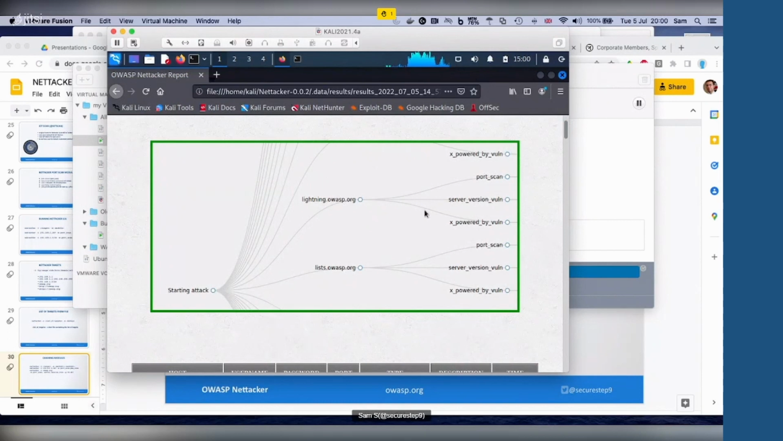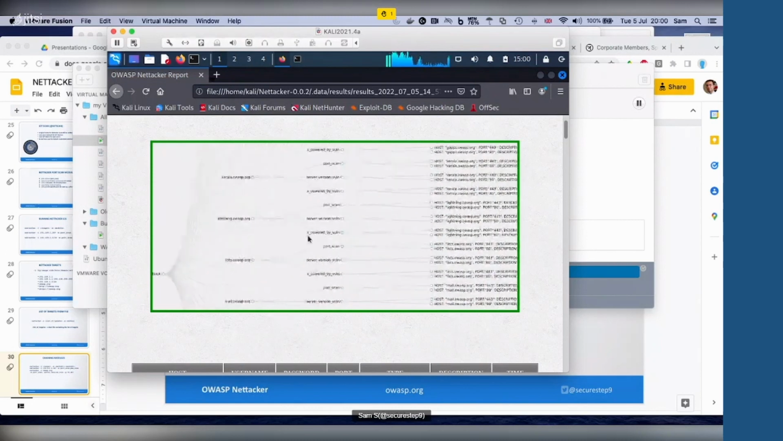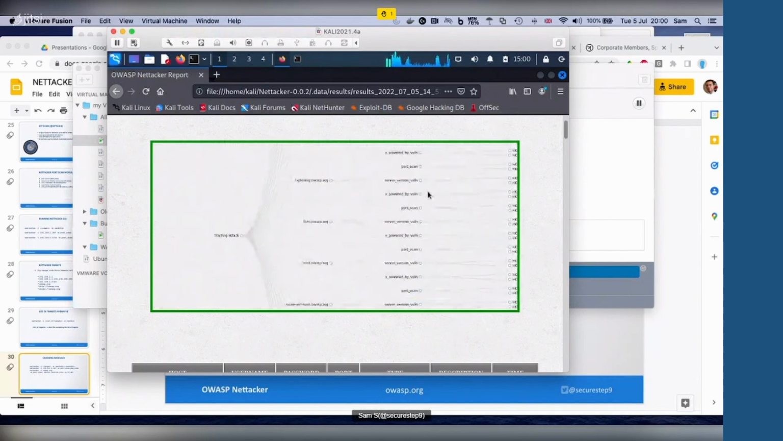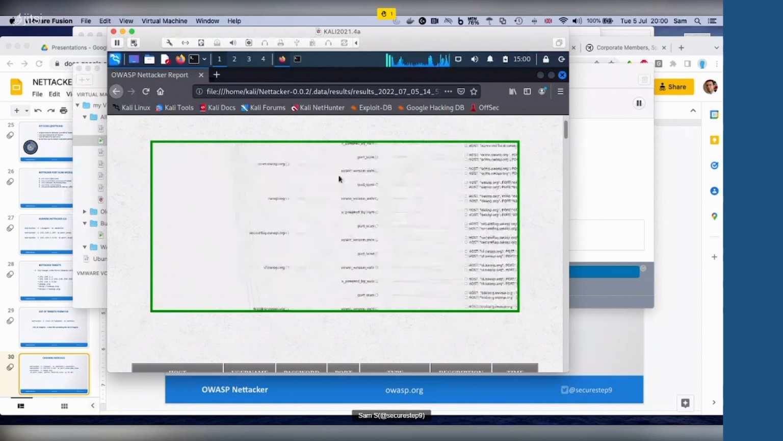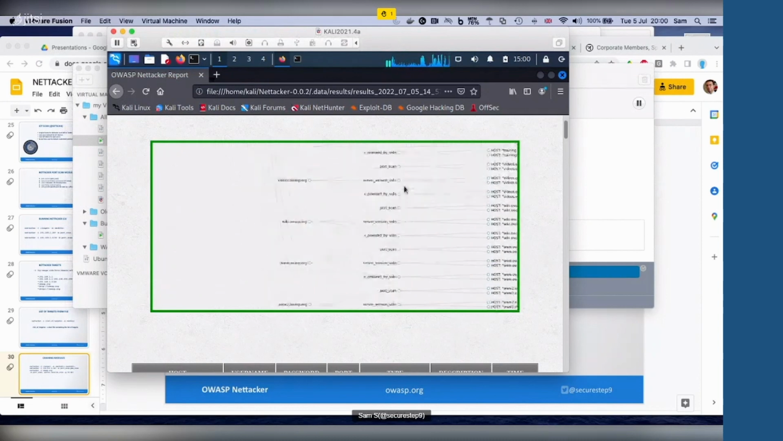You can see it lists all the subdomains, and you can see that in each subdomain, if there is a port scanning or a server version vulnerability or X powered by vulnerability, it actually shows them. And there you go. You can see it like that, and you can zoom in and zoom out. And why is the graph so useful? Because based on the picture on the graph, you can instantly see which hosts are not quite